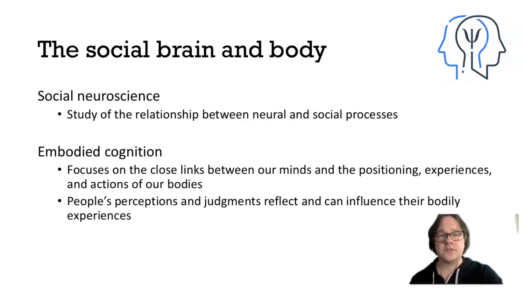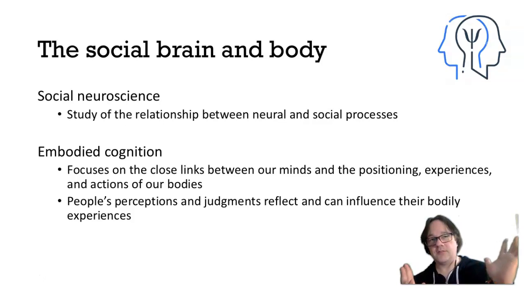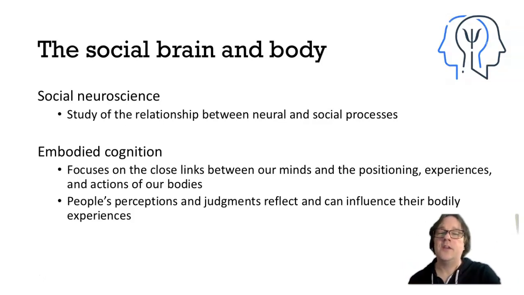So social psychology and the brain, or the brain and body, within social psychology, as a broad field, we have what's known as social neuroscience. This is a little controversial. This is the study between neural and social processes. I say it's controversial because a lot of researchers who